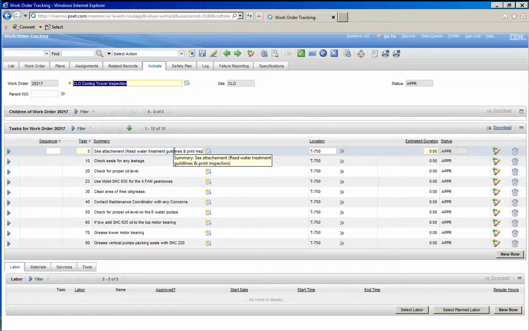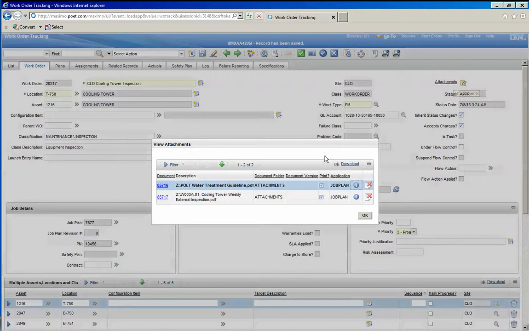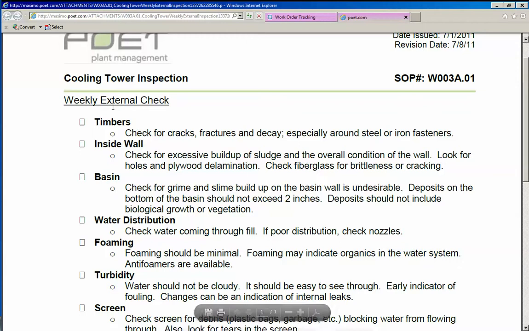The first task is to open up the attachment. The attachments will be in the work order. And we can open up this attachment for the weekly cooling tower inspection, and you'll see that the internal check